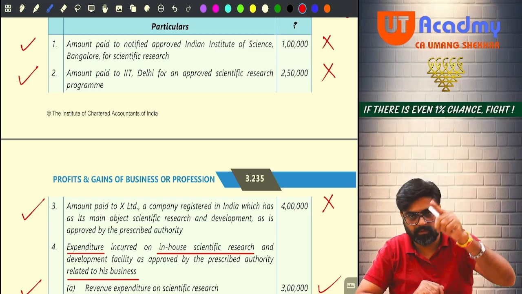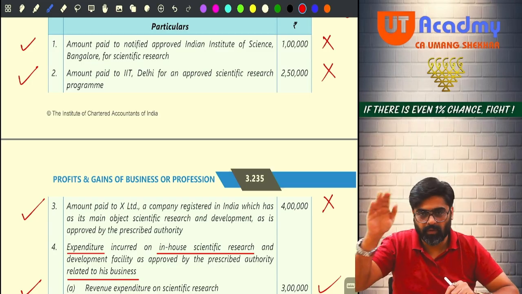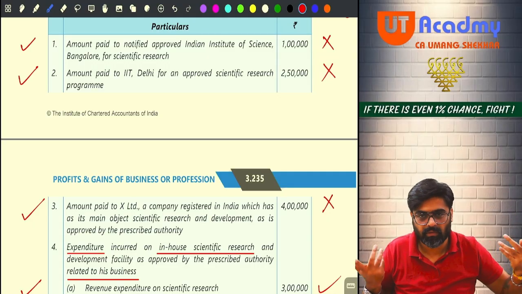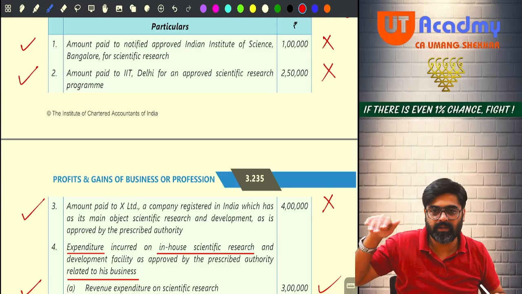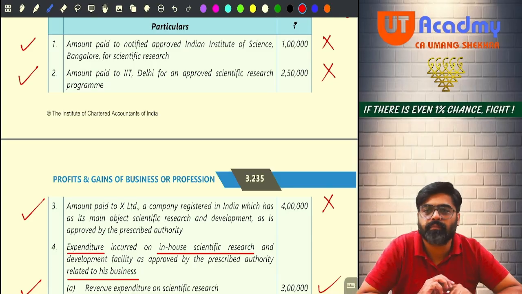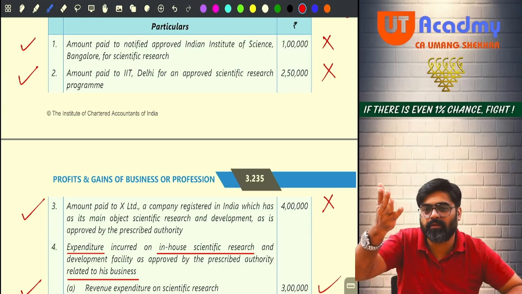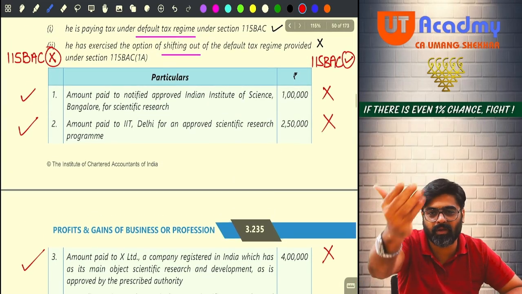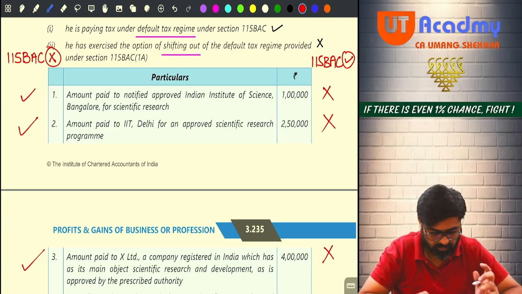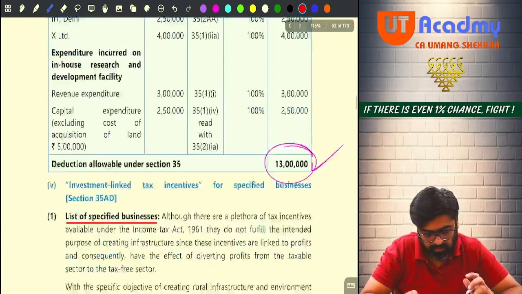115 BSc not followed. Donation, donation, donation. Amount, amount, amount. Done. Expenditure, expenditure. Amount, amount. Total 13 lakh. Done. In particulars, what will you write? The same thing which is given here in particulars, you will write there also in the answer. Not at all difficult. Will you remember? Sure, no? Very good, sir. So this was one question.